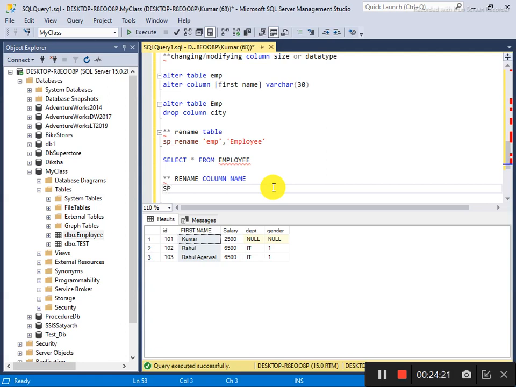So say again here, sp_rename, employee, and the name of the column, what is that? It's first name,